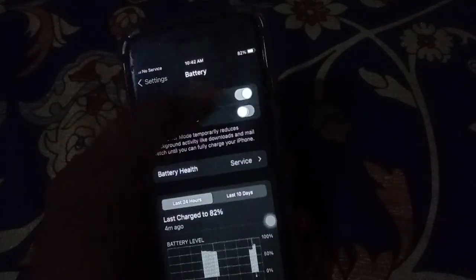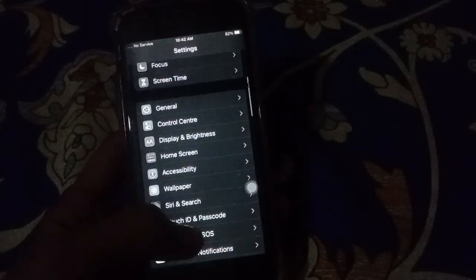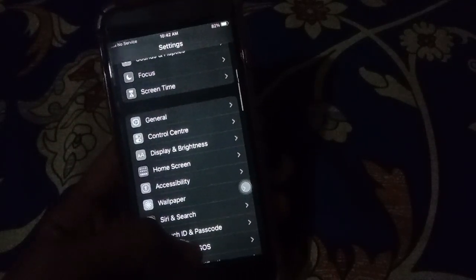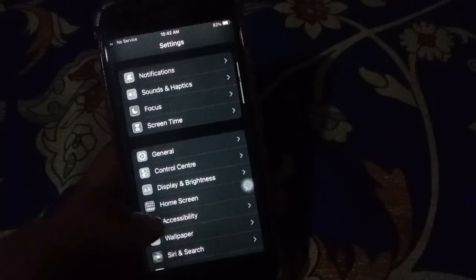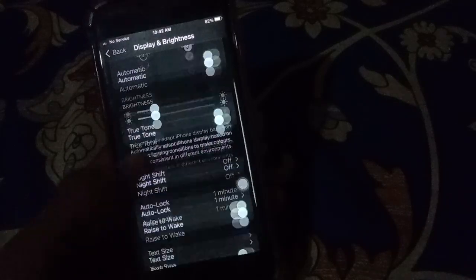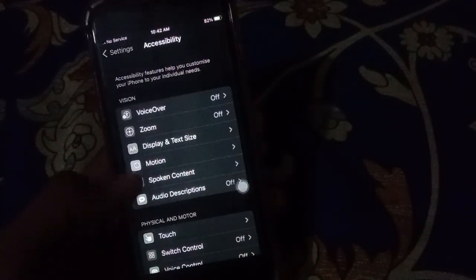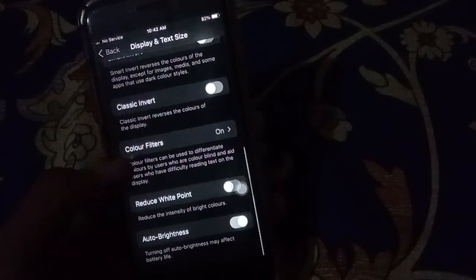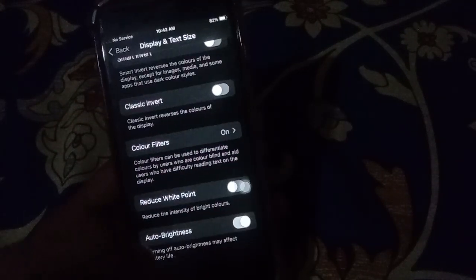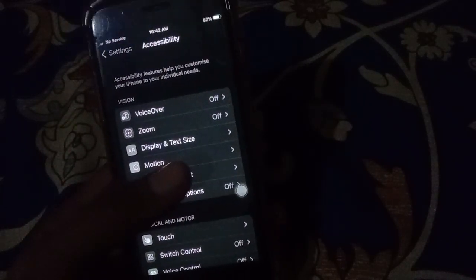Then you disable the auto brightness, display brightness, and then you will fix the auto brightness. Sorry, you open Accessibility, Display, and then auto brightness is turned off, and then another solution: update the